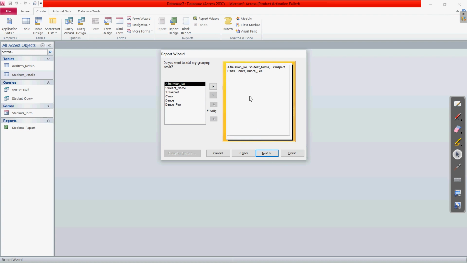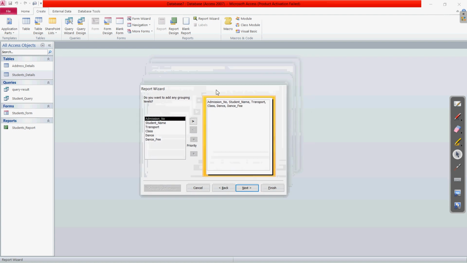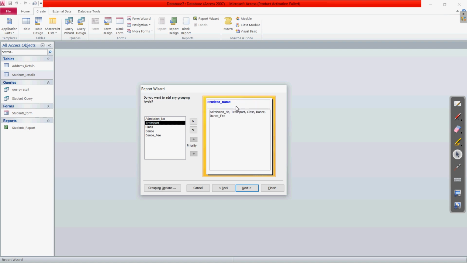So here is the option to choose the group. Here you can see as the title, do you want to add any grouping levels? So we can make the levels. Suppose I want student name. If I double click on this, here you can see there is one more group which is created.